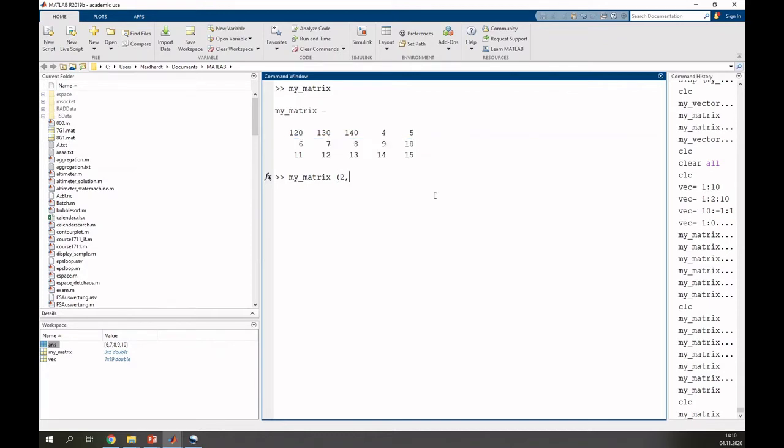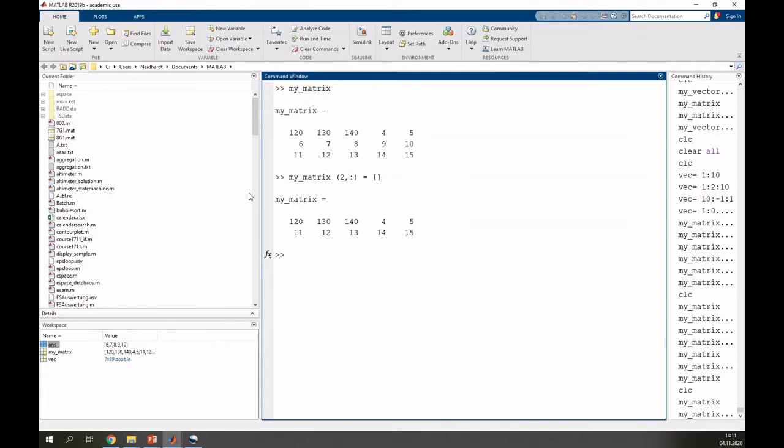So the second line, the complete line, should be now empty, which means it should be deleted, which means I assign a complete empty vector. And what you get now is a new matrix where only the first and the second